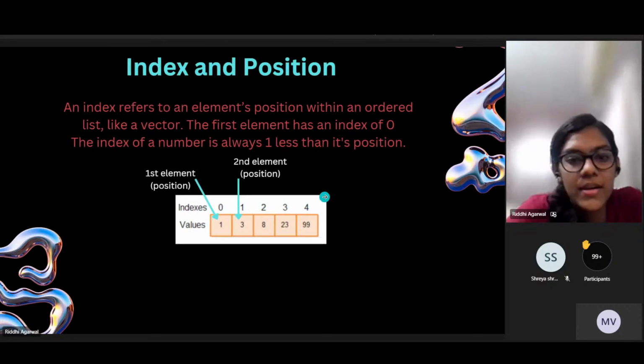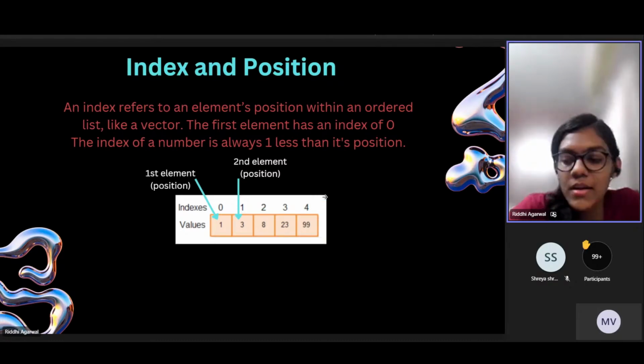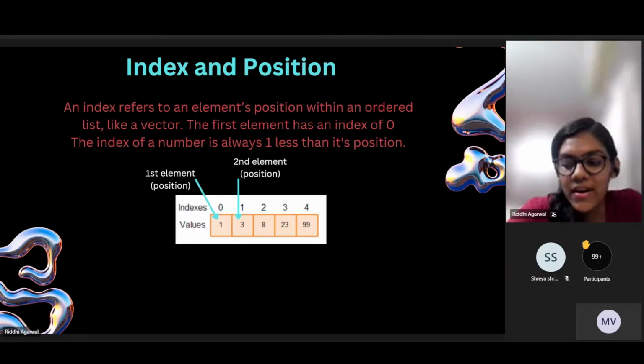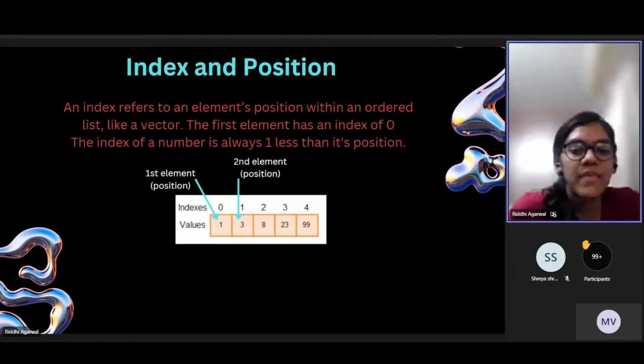Now the indexing and positioning in a vector is similar to that in an array. So like in an array, we index the values from 0. So the very first element has an index of 0. Similarly, we can,